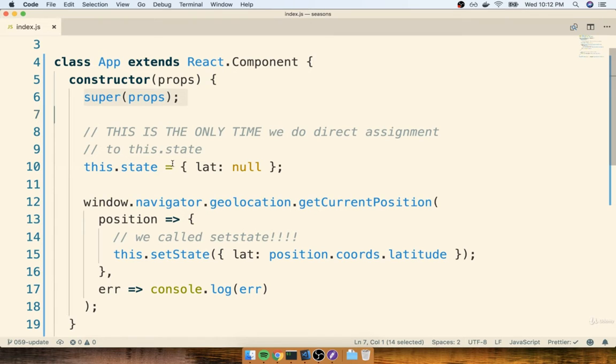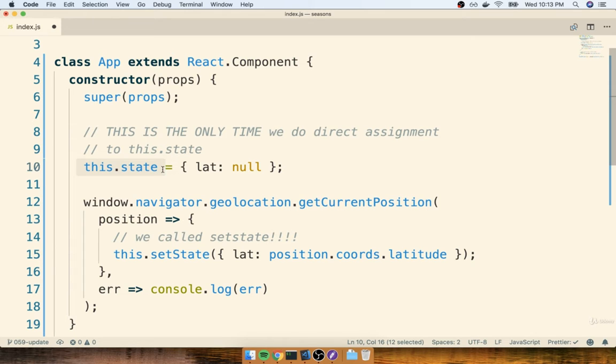So we called the constructor function, we called super, and then right after that, we initialized our state object. So we created a new JavaScript object right here with all the different properties inside of it that we want to use inside of this component as state. In our case, the only property that we care about right now is lat, short for latitude. If for some reason we also cared about the user's longitude, then we would have also assigned a longitude, or maybe long for short, property to this thing as well and initialized it to be null. But in this case, we don't care about the longitude at all, we only care about the latitude. Now, after creating this object, we then assigned it to the this.state property.